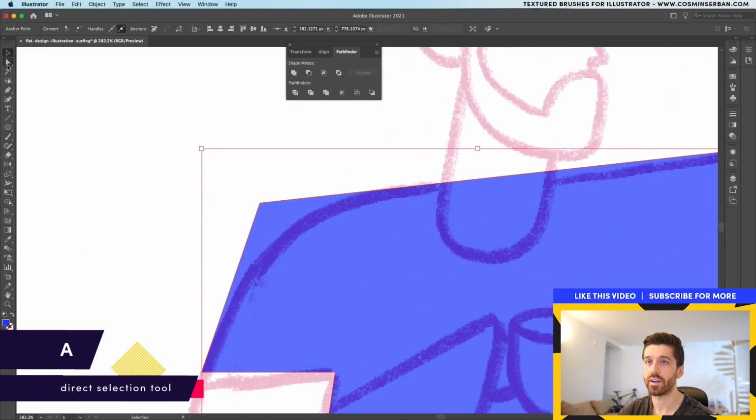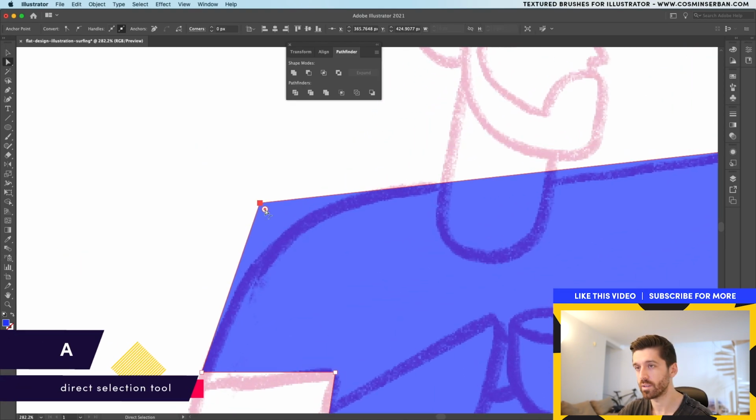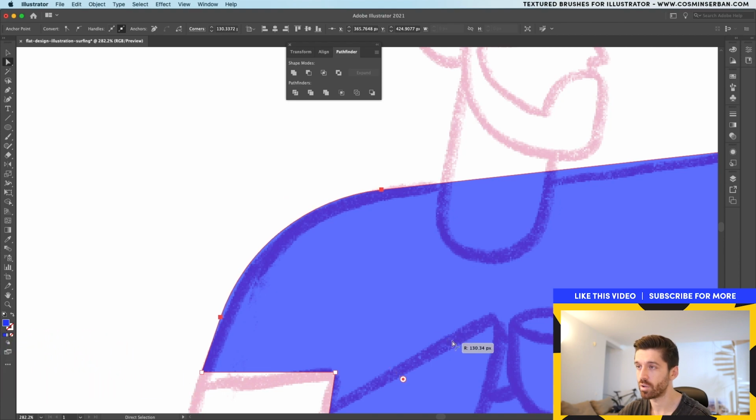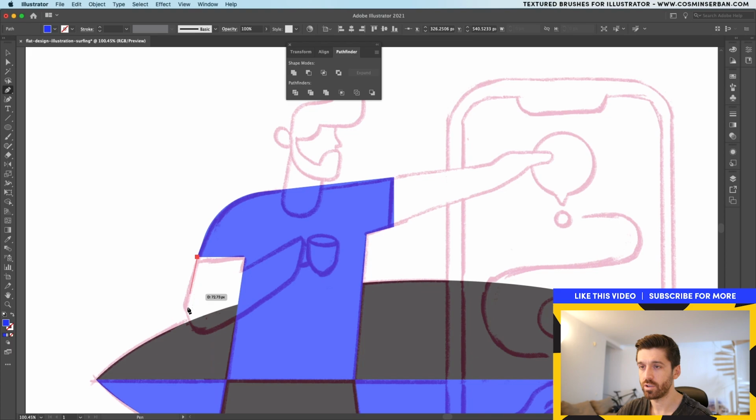And now switch to the direct selection tool from over here. Click once on that anchor and actually drag it to get a rounded corner that's super smooth. Now let's create the hands. I'll try to follow along in the same general direction as the t-shirt because I want to have rounded corner. I'm actually going to go over it, extend, then close it off.